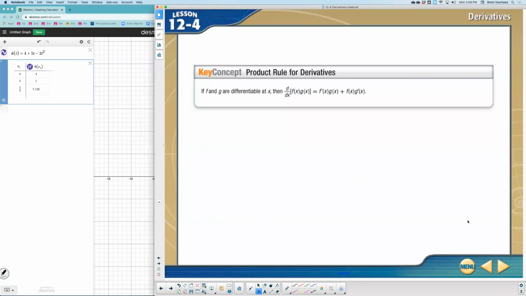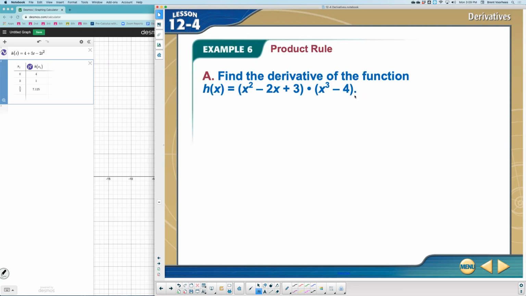All right, this lesson ends with a product rule and a quotient rule. What about when we're taking the derivative of a product? If I don't want to distribute out this product, what can I do? Well, you can take the derivative of the function f times g and then add f times the derivative of g. So if you don't want to distribute, instead of distributing here, you could take the derivative by saying,